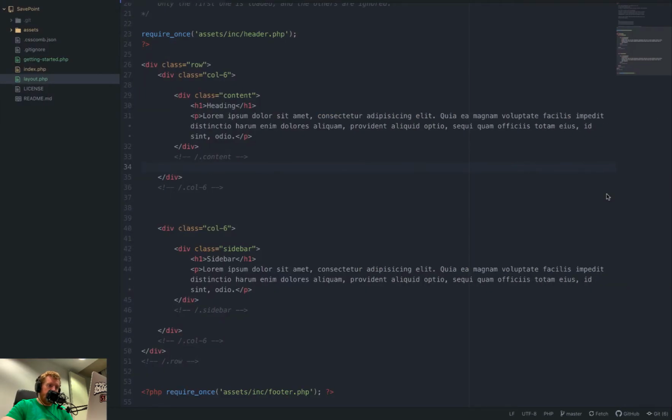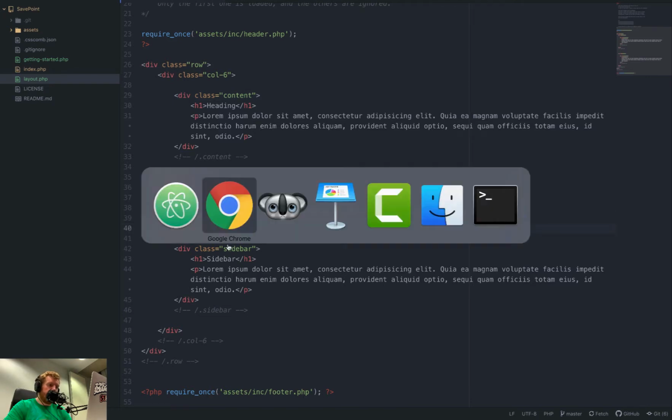So I've got some examples in here already, and you'll see I've got a row there which ends right down here at the bottom, and then I've made a col6, so I want it to be half of the size, and then I've got my content inside of that. Remember, because we're putting our content inside the shelf, we never put it on the same level as the shelf, it goes inside the shelf. And then I've got a half there, a col6 again, and then I've got my sidebar in there,